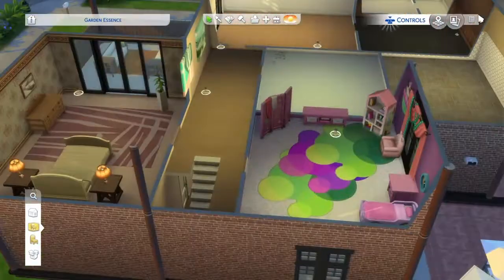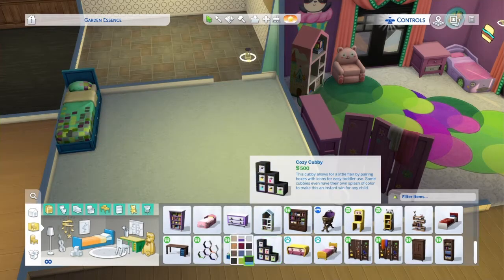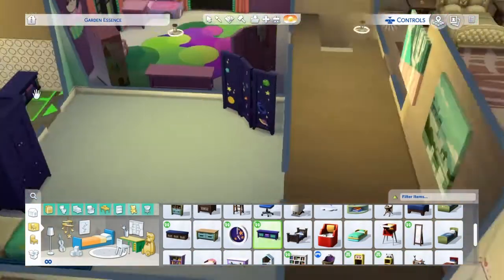I mean, it's an NPC house. I'm not playing as this house, so I think it's just there for NPC purposes. So I didn't really need that much detail. And then here we go. And then we got the boys' room. I think this is